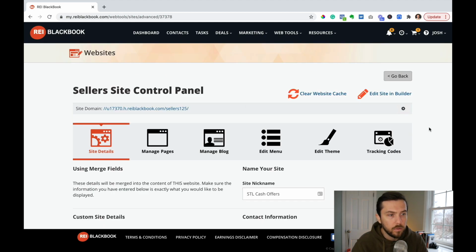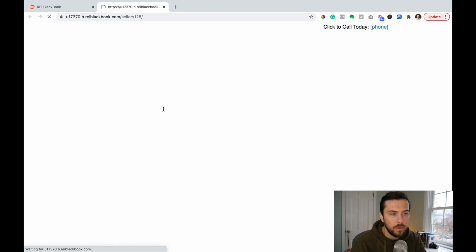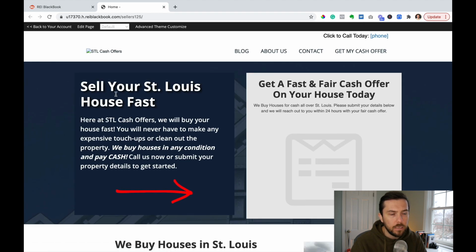So a nice thing about the way that our websites work is you can build your website before actually adding a domain name to it, which means you can customize it, you can add anything that you need, add your logo, things like that, before actually attaching your domain name. So we give you this little subdomain to build your website on. So if I click here, you can see that a few things have happened.